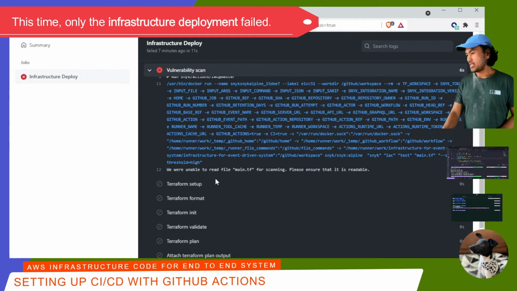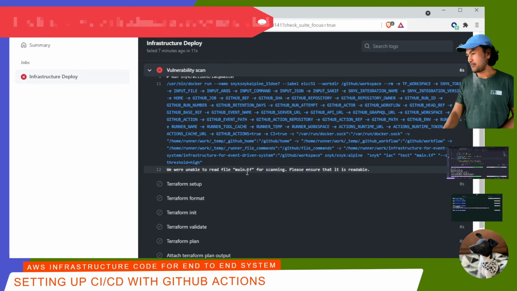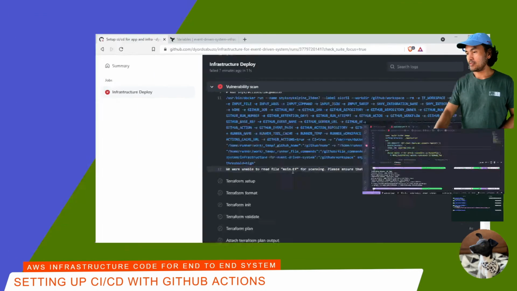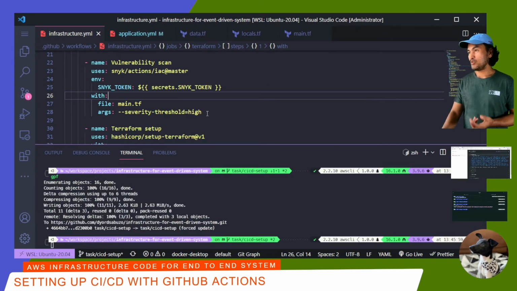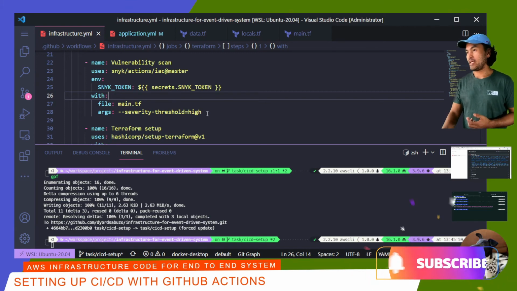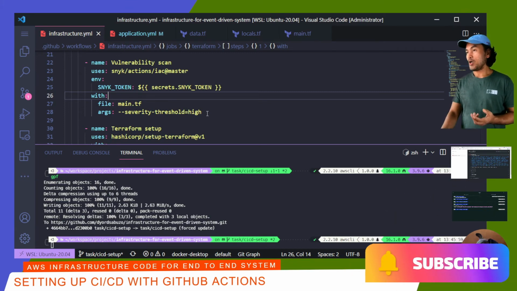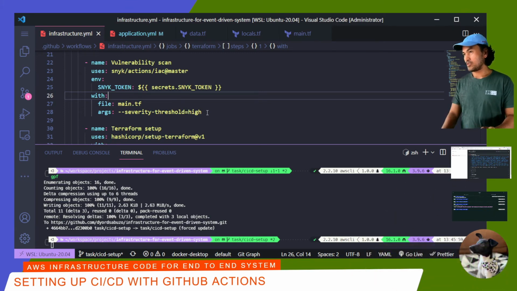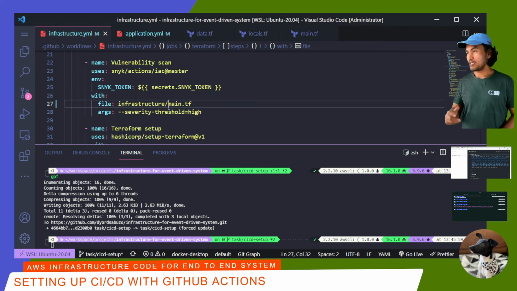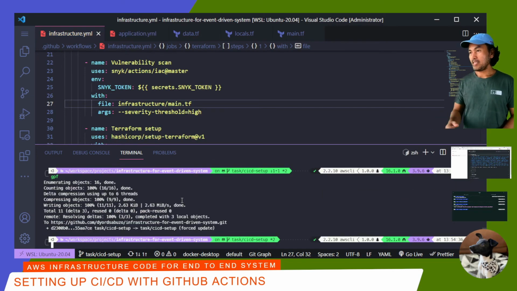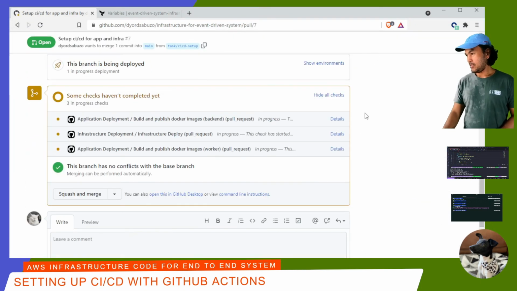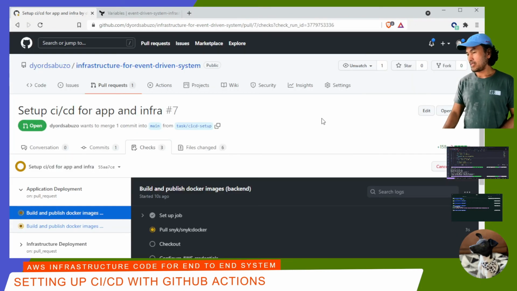And it's complaining about the main.tf file not readable. So the step that runs the vulnerability scan doesn't appear to be inheriting the working directory property that I've set up across all steps. So what I'm going to do is push my changes into my repository. And then I'm going to switch back to my browser, and then click the details and watch the progress